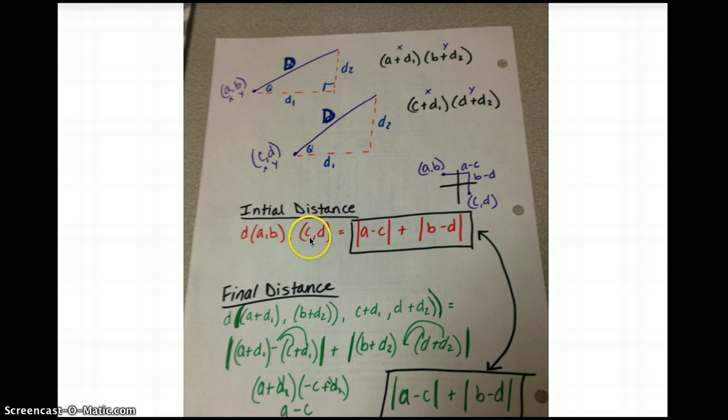And then the initial distance that we find at first, before they're translated, we use the distance AB, CD, and we create A minus C plus B minus D. And we get this because A minus C is the x-axis slide over, and B minus D is the y-axis slide down, as you can see right here. To get the final distance,